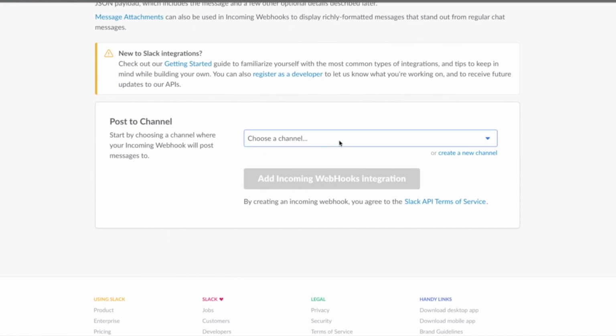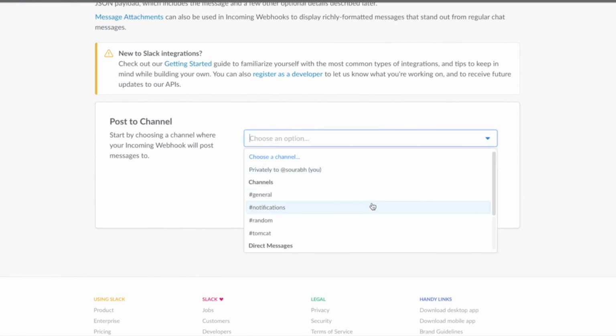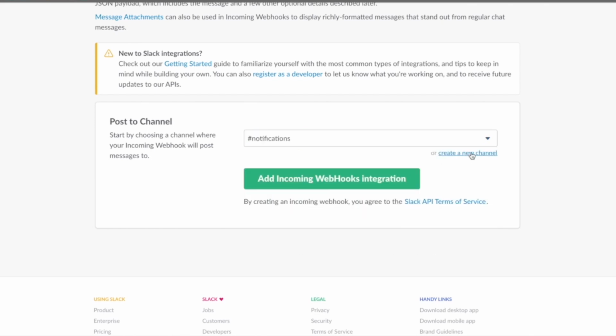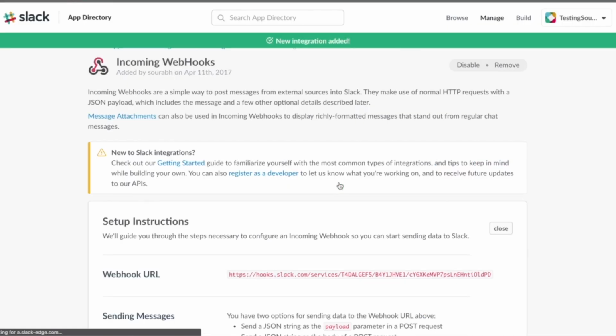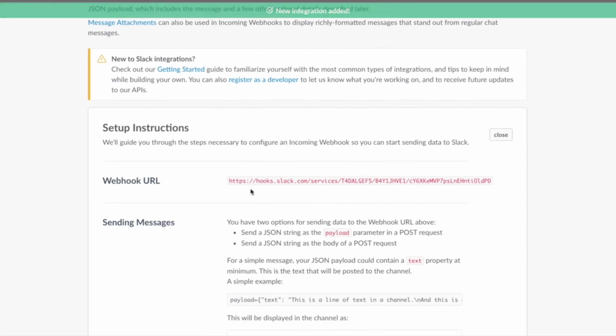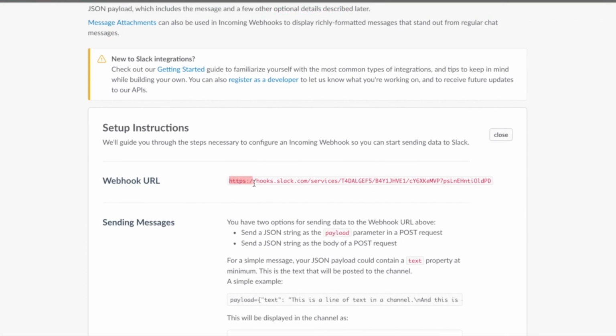Great, so here we need to choose which channel the notifications will go to from team server. I already have a channel named Notifications, which I'd like to use for my Contrast notifications. If you'd like, you can also create a new channel. Slack is very versatile. So once you've chosen which channel you'll want the notifications to come to, click Add Incoming Webhooks Integration. And this should give us our URL. Nice. So here's our URL. So let's copy this